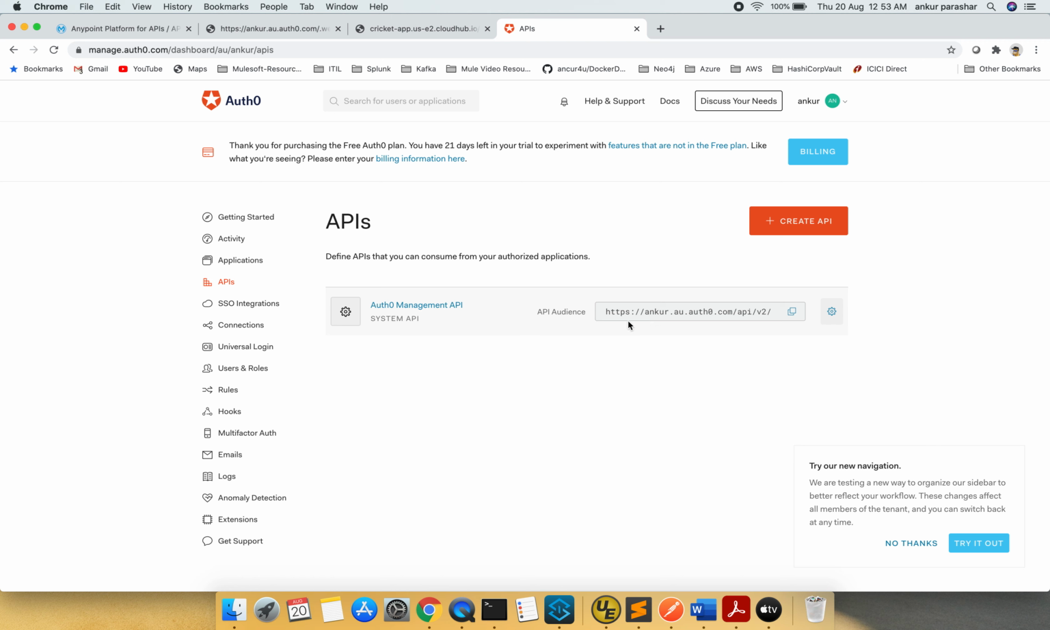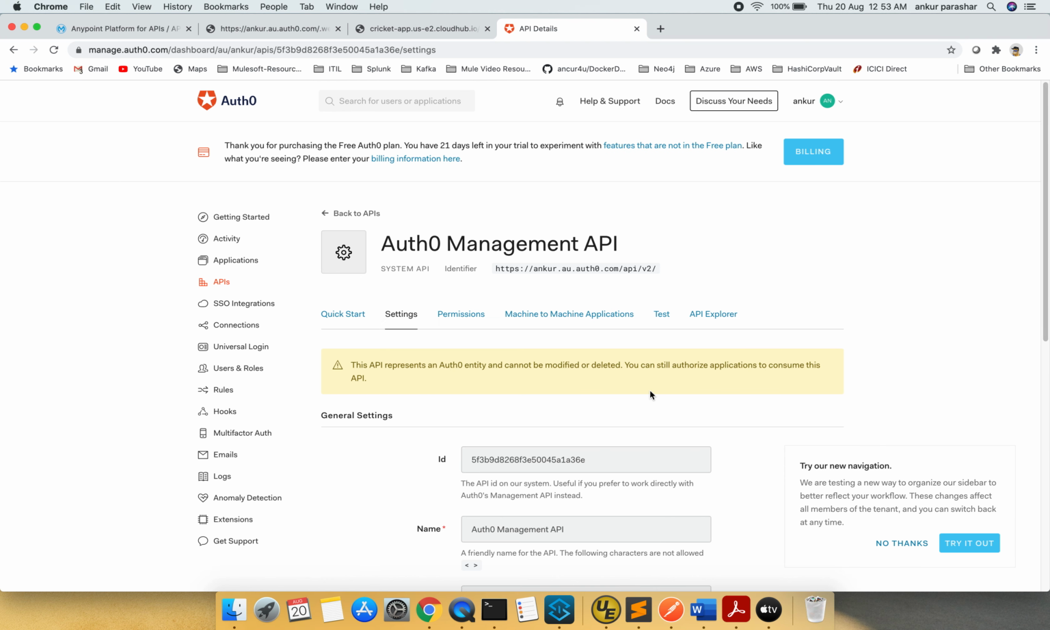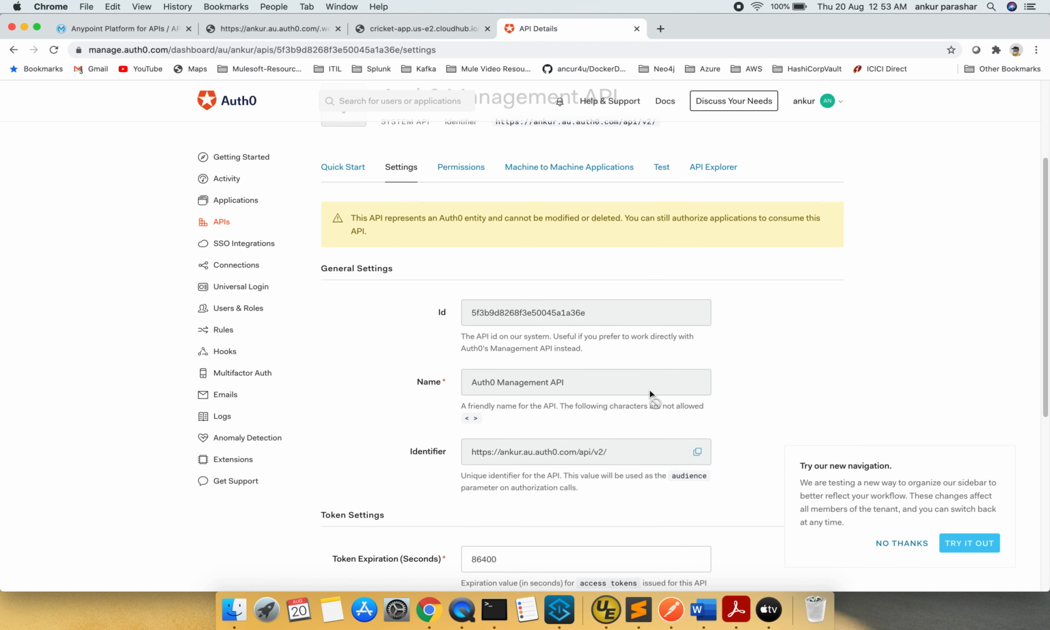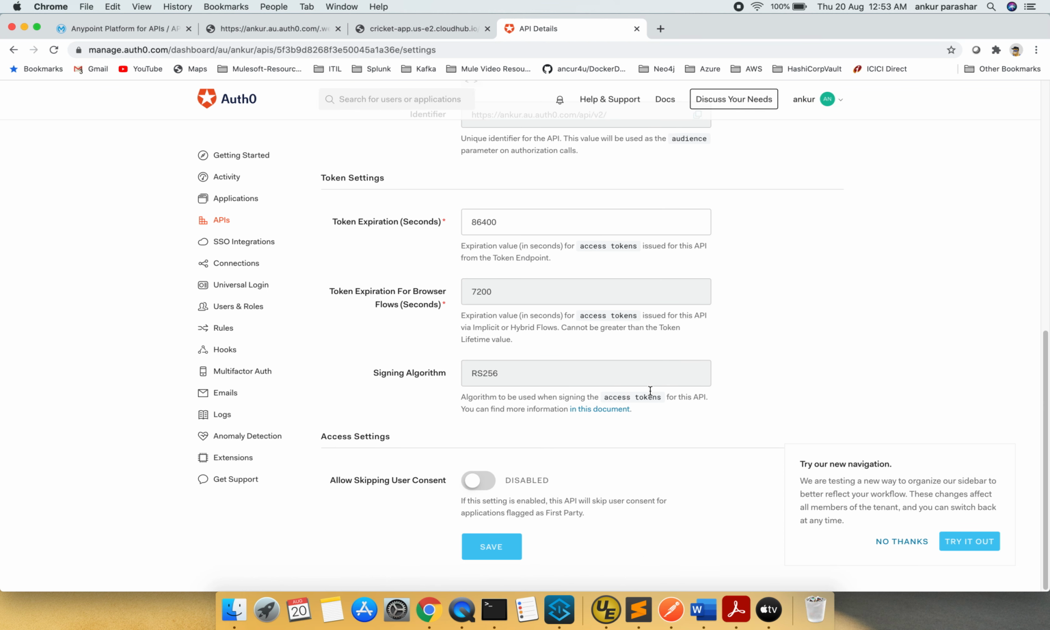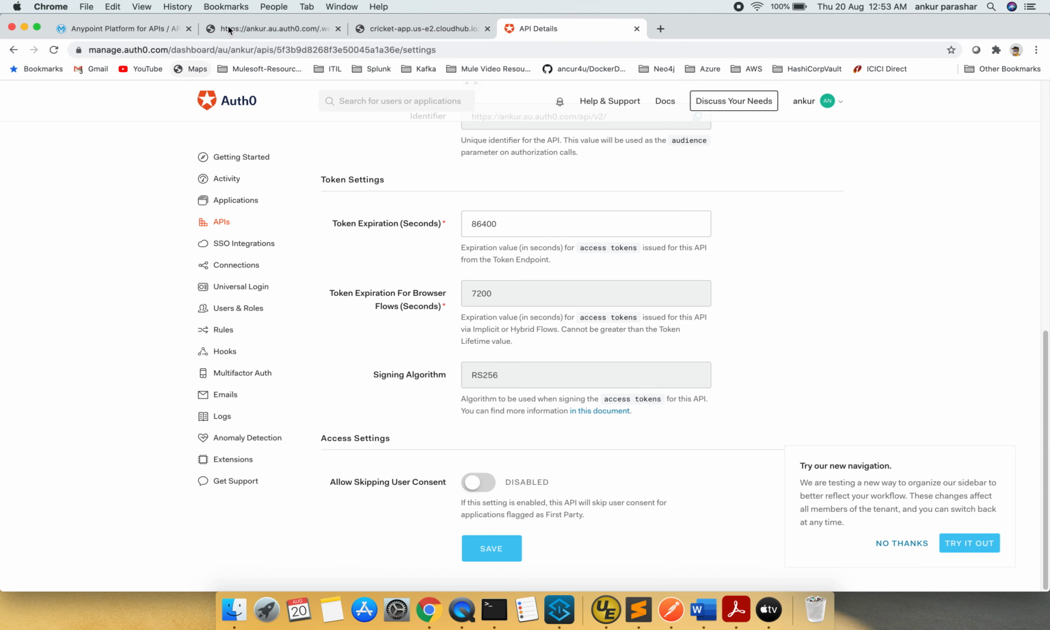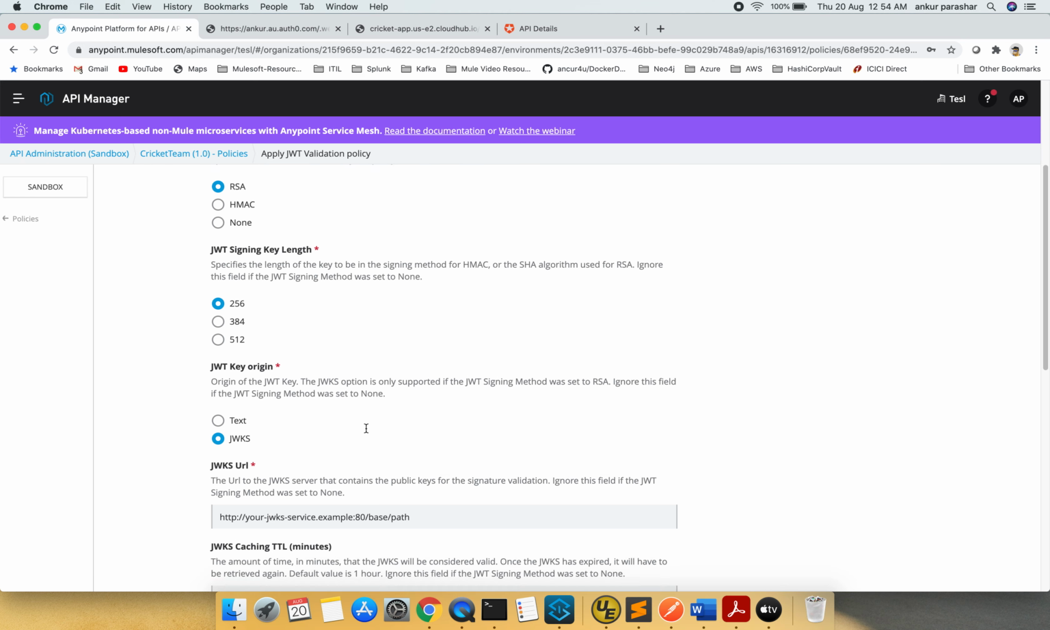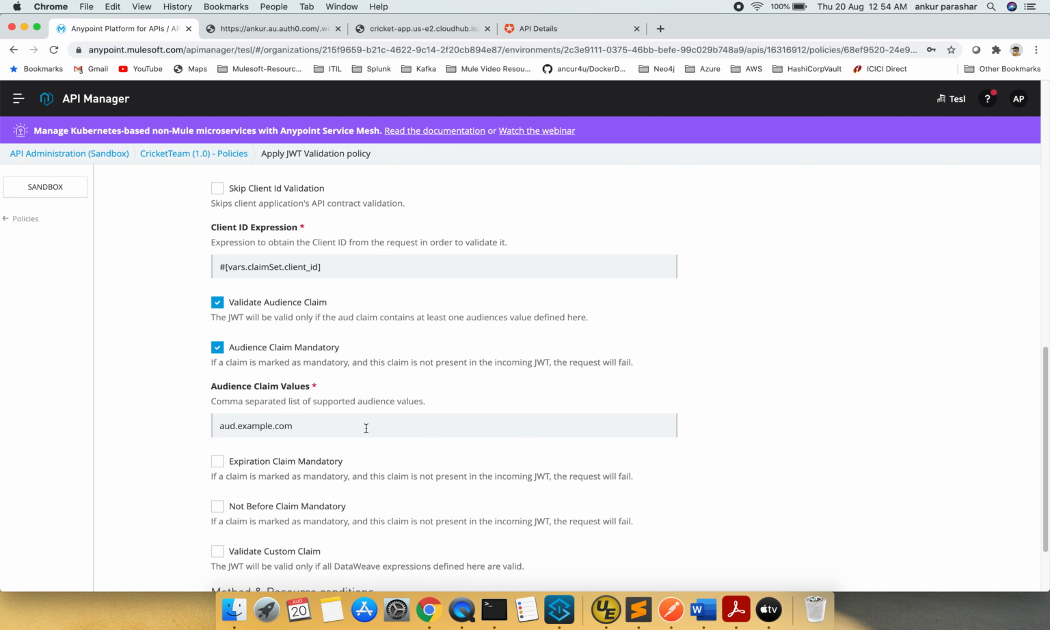So if you have noticed the API audience, this particular link is very important, and from this we will figure out a lot of other things like what is our ID, what is the identifier, and what is the token expiration period. You can change a lot of things from here, and this is also used in our audience claim values as well. Okay, I will go back over here